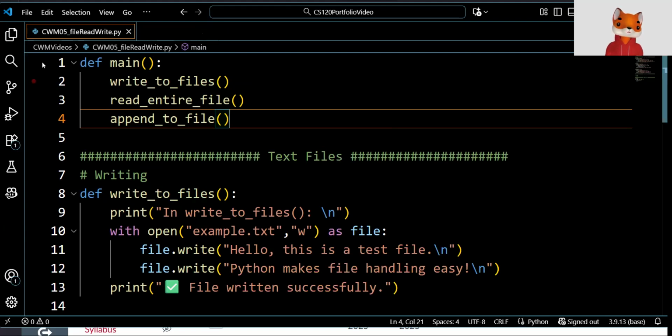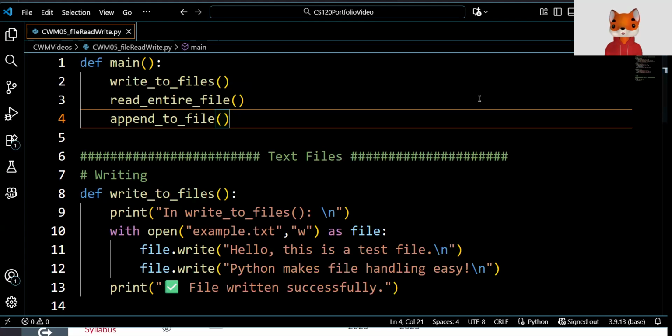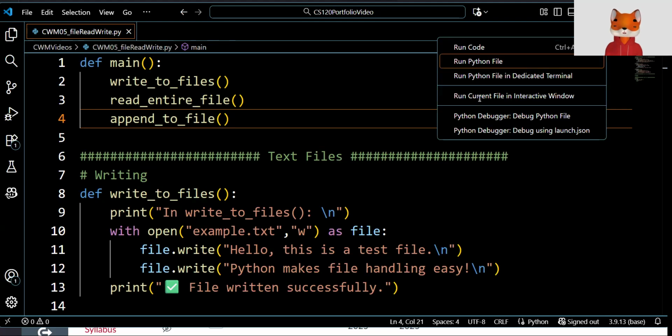And I'm just going to close out my example.txt file. You should only have one file in here as you're going through. There shouldn't be a plethora of example.txt files. If there are, you may be spelling it differently, so you need to make sure that it's the exact same name that you're doing. Then what I'm going to do is just run this file